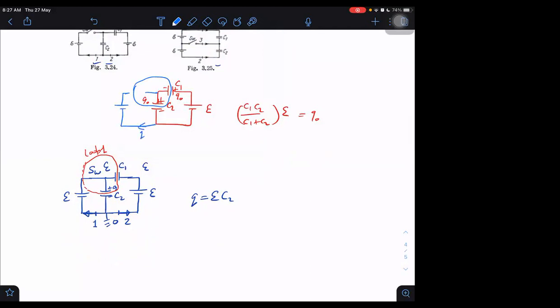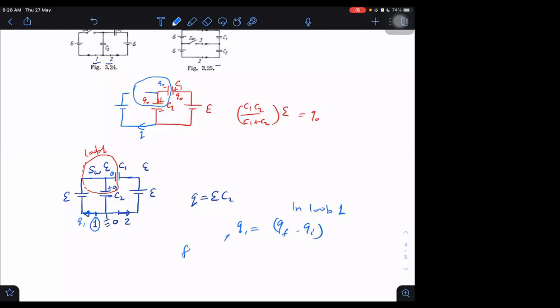Initially 0, sir. Initially 0 charge here, minus Q naught and plus Q naught. And finally becoming Q. This upper C1 has 0 charge here and this lower has Q charge. So finally, in loop 1, final charge is Q, correct? It means charge must have entered the loop, and it would have entered from point number 1 only, through the switch. The charge which is entering, let us call Q1, is equal to the final charge inside the loop minus the initial charge inside the loop.